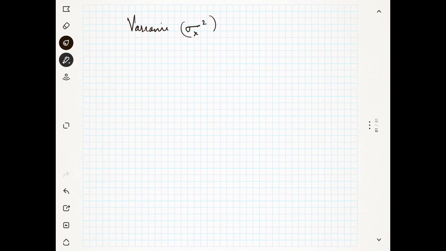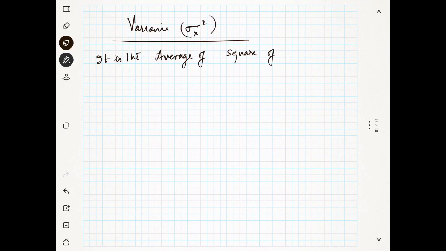Now we will see what the variance is. It is the average of the square of deviation